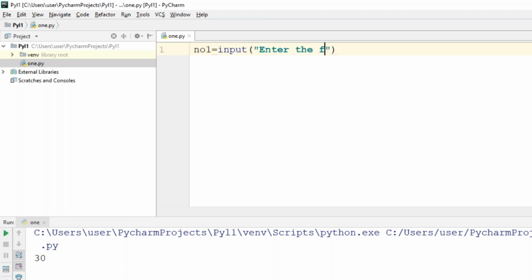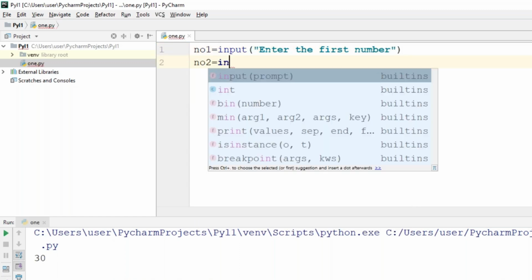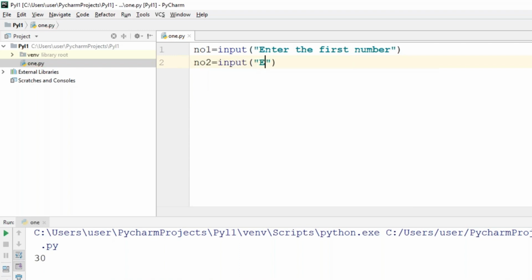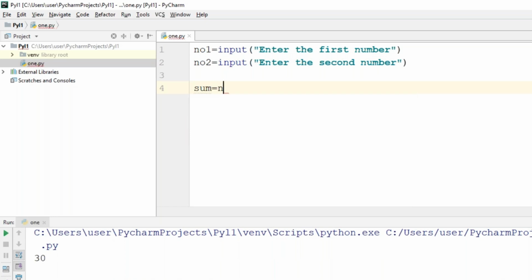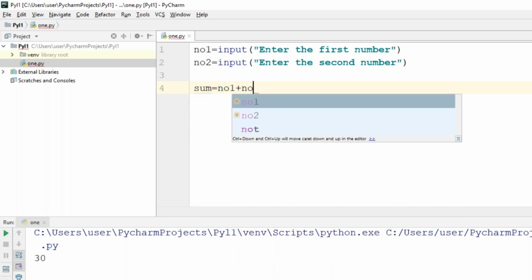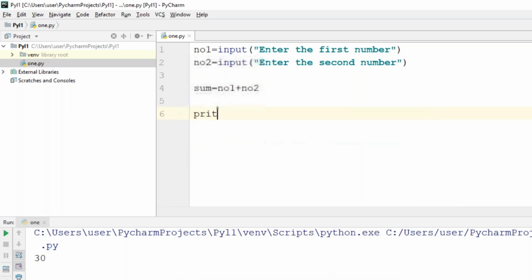Enter the first number. Now, number2 equal to input, enter the second number. Now, result or sum equal to number1 plus number2. Print